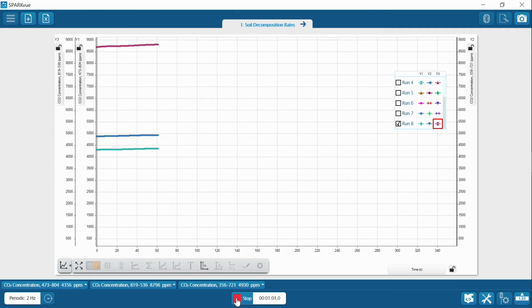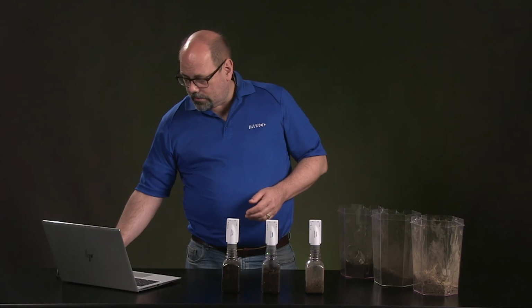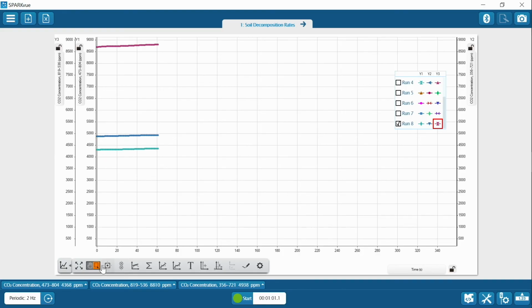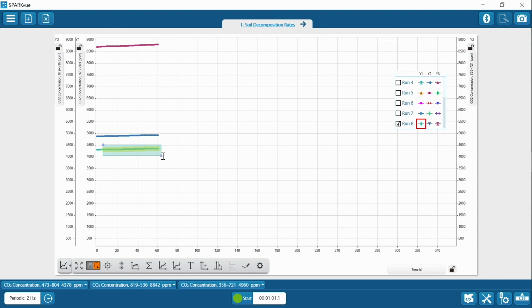Okay, and there's our minute, so I'm going to go ahead and stop. We're going to use the same tools that we have been for each of these to measure that, and that is, first of all, the selection. I can tell that my selection is good here on SparkView because it's the square that's highlighted. I'm going to start from the first set, the green set, and that's the prairie soils here at the bottom. And I am going to just stretch a square over that data, and then we'll hit